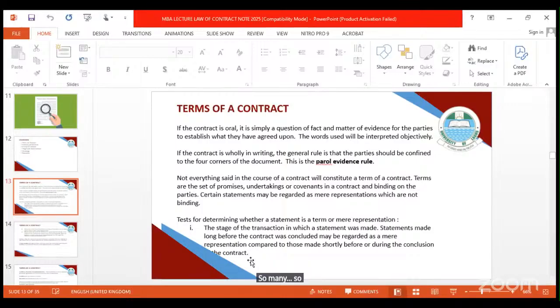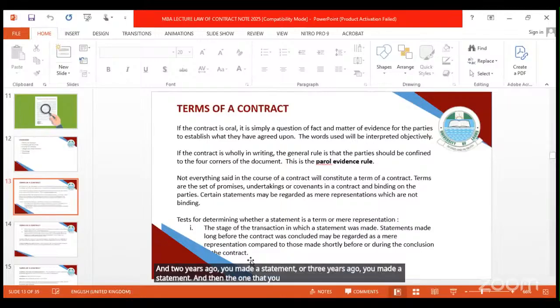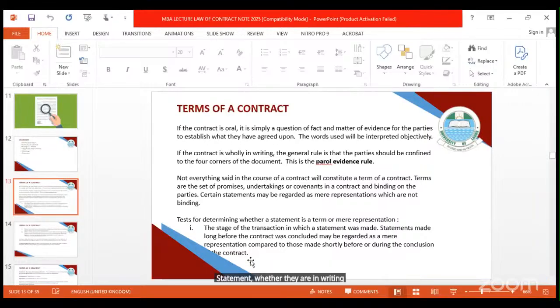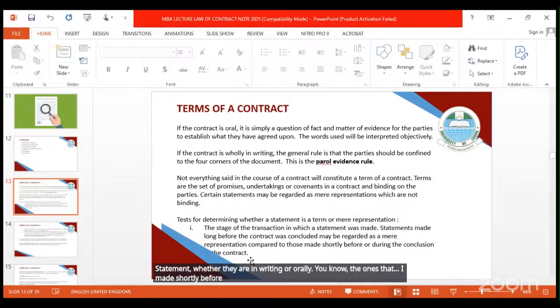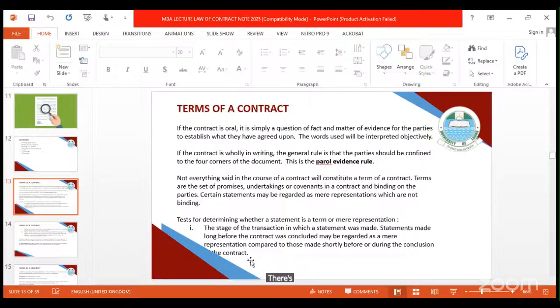So the issue is that if a statement was made, let's assume that you've been on some contract for the past 3 years, and 3 years ago you made a statement, and then there is the one that you made shortly before the contract was concluded. Such statements, whether in writing or orally, the ones made shortly before the conclusion or during the execution of the contract are deemed to be terms of the contract, unlike the ones that were made many